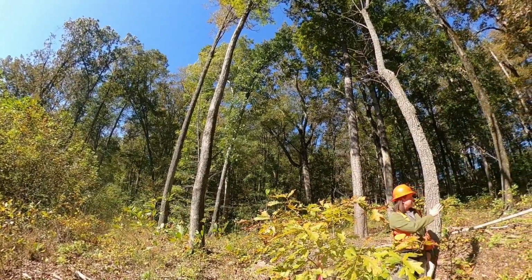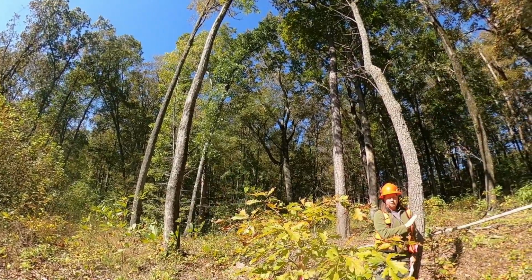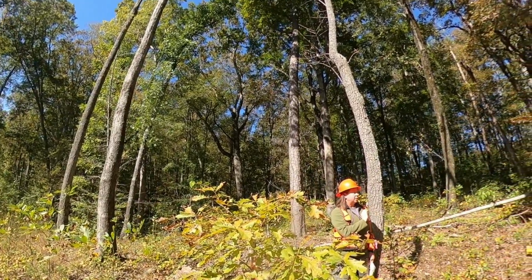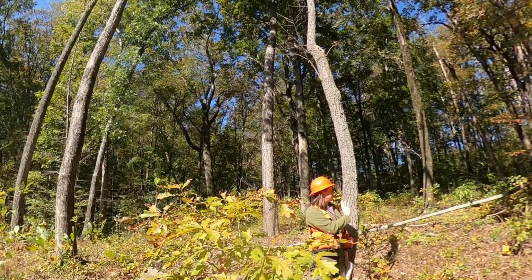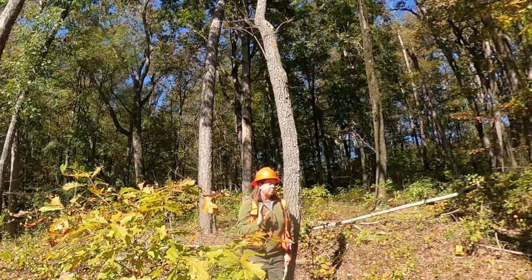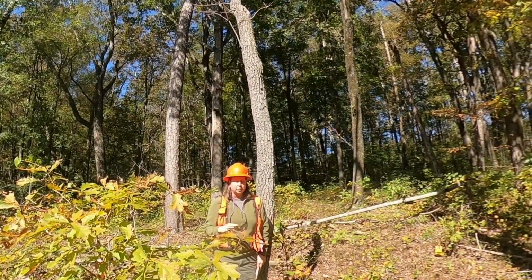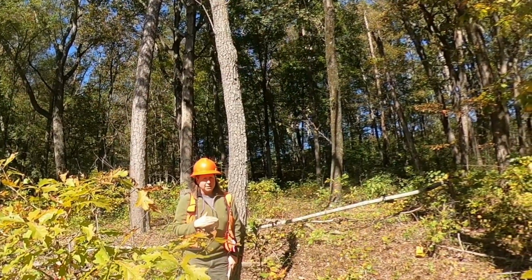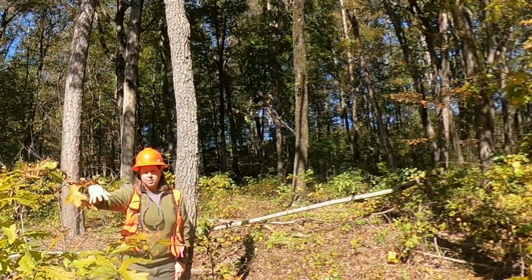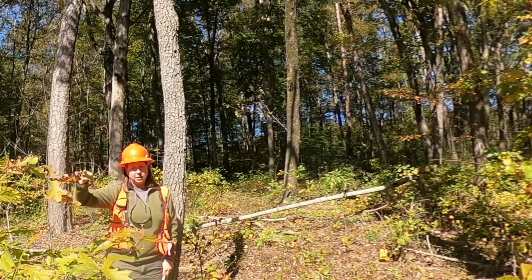And out in the forest matrix is where we expected to see the seedlings do probably the worst, and all of that is actually true. Out in the forest matrix is where we're seeing our seedlings not growing very well. They're getting more browsed by deer compared to the seedlings inside the gaps, and on the edges of the gaps is where we're seeing the trees